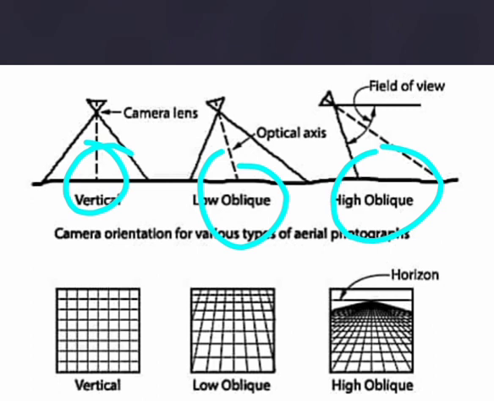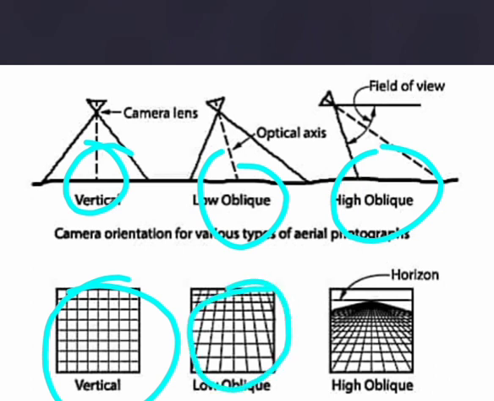Now here you can also see this example of vertical photograph, where the aeroplane or camera will be exactly over the object, and it takes the photograph in the direction of perpendicular. Camera axis will be exactly perpendicular to the ground. Now here it has some intentional tilt of 30 degree, that we call low oblique, and here it has intentional tilt of 60 degree. So that is how it is going to be. You can determine the heights by using the oblique photographs.